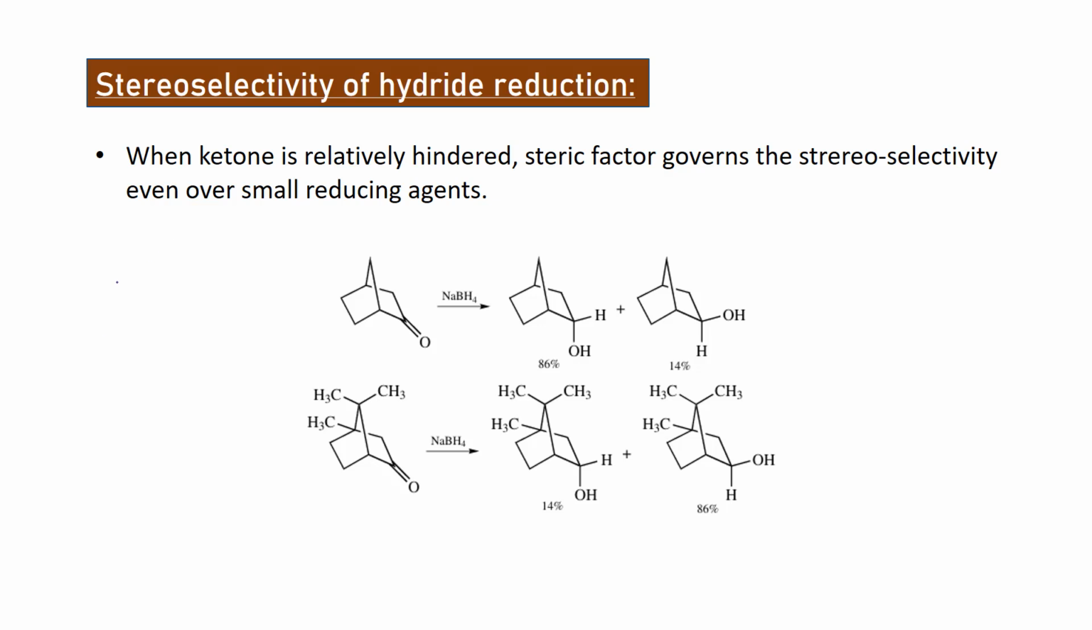Now suppose the substrate also has some control. What I was talking about was where the substrate has no group around the carbonyl group, so it has no such effect on the carbonyl group. It's simple: hydrogen is there and you are controlling from the synaxial interaction. Now suppose the ketone is relatively hindered, then steric factor governs the stereoselectivity even over a small reducing agent. Suppose